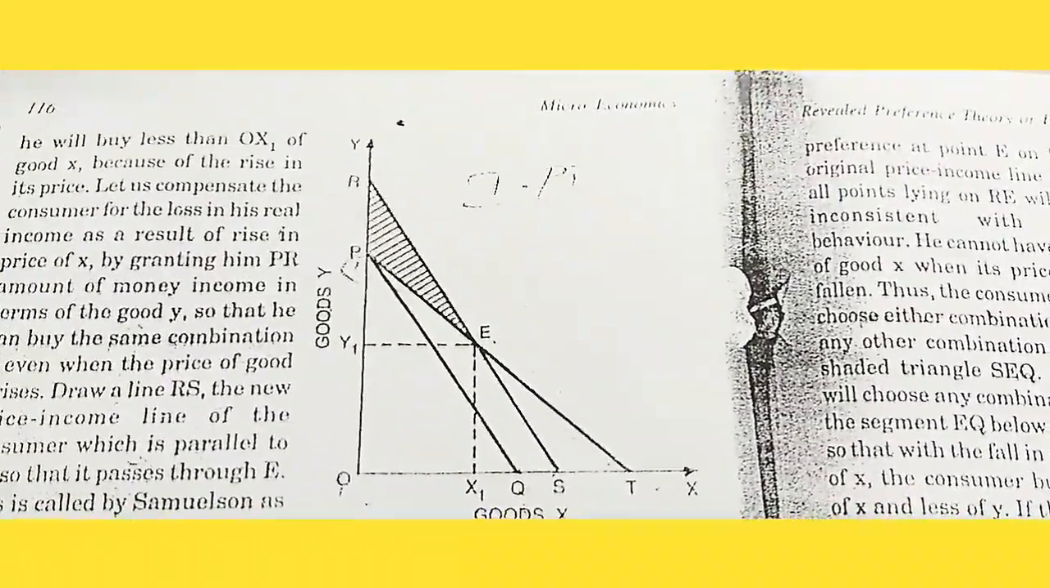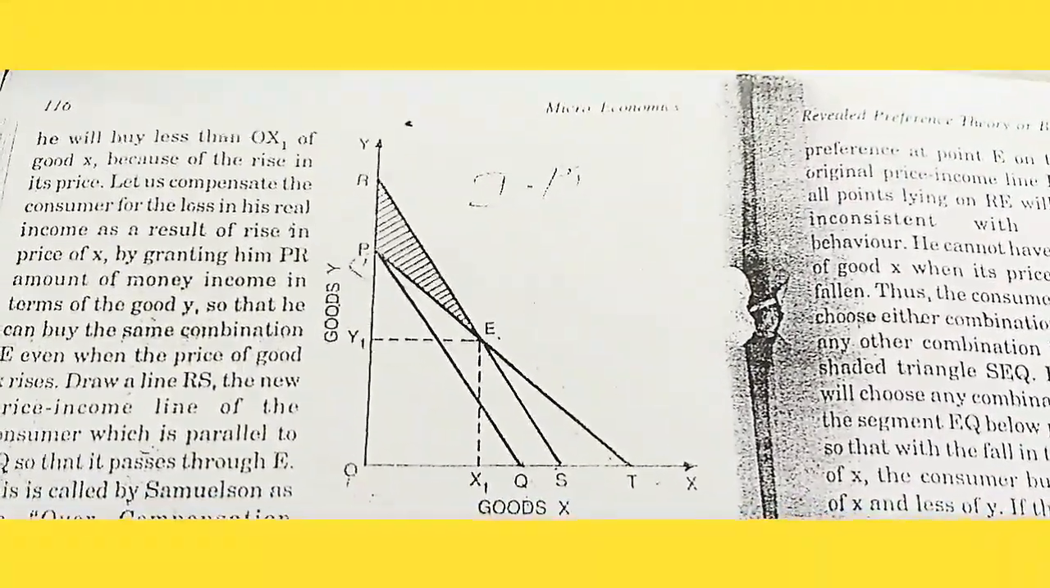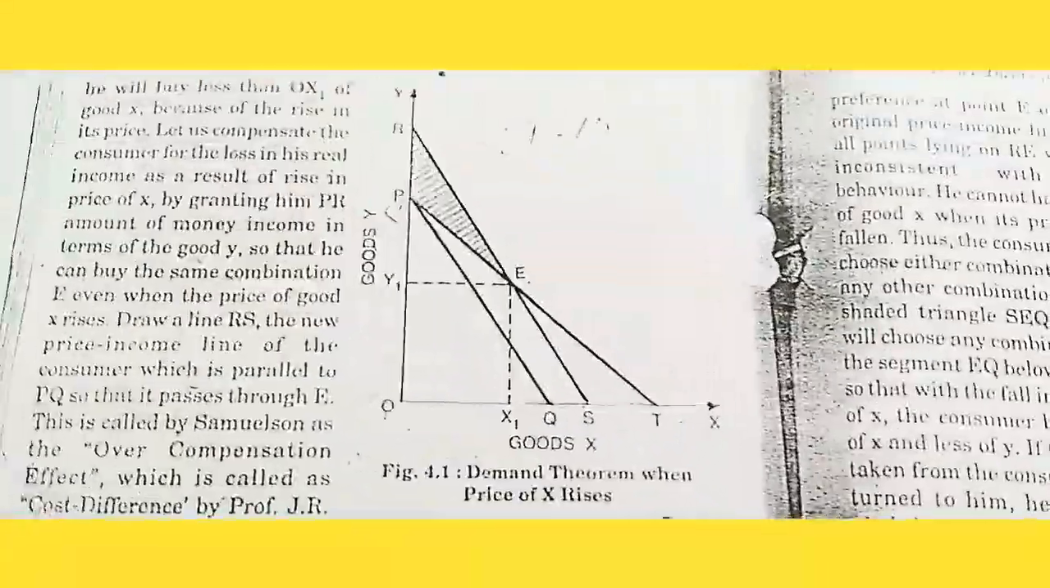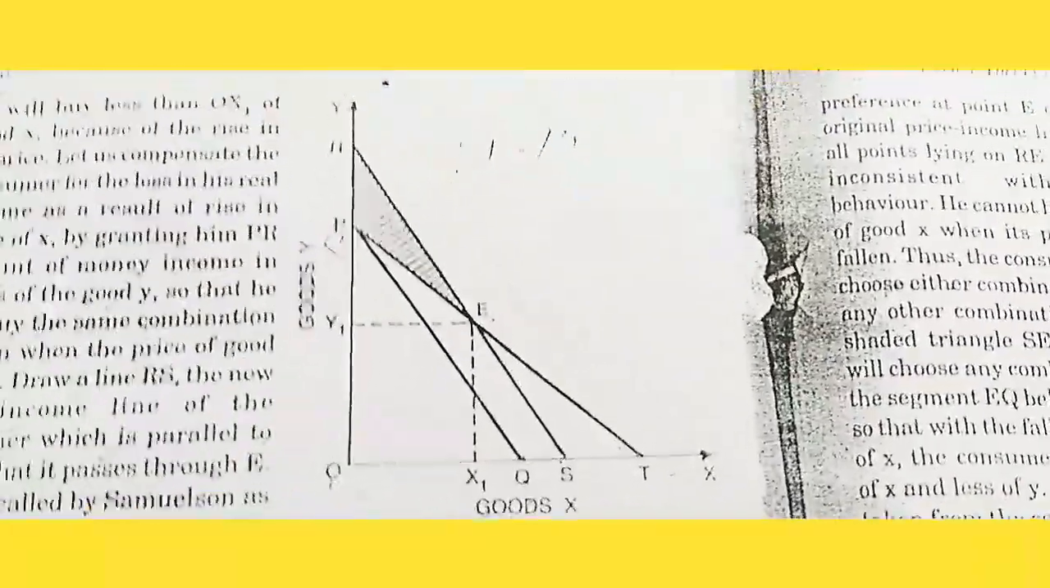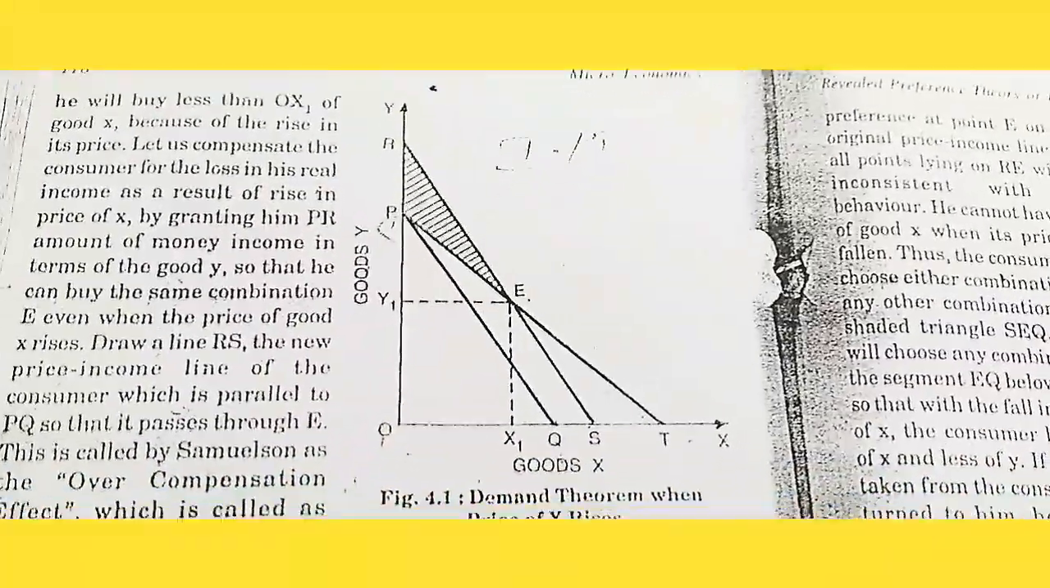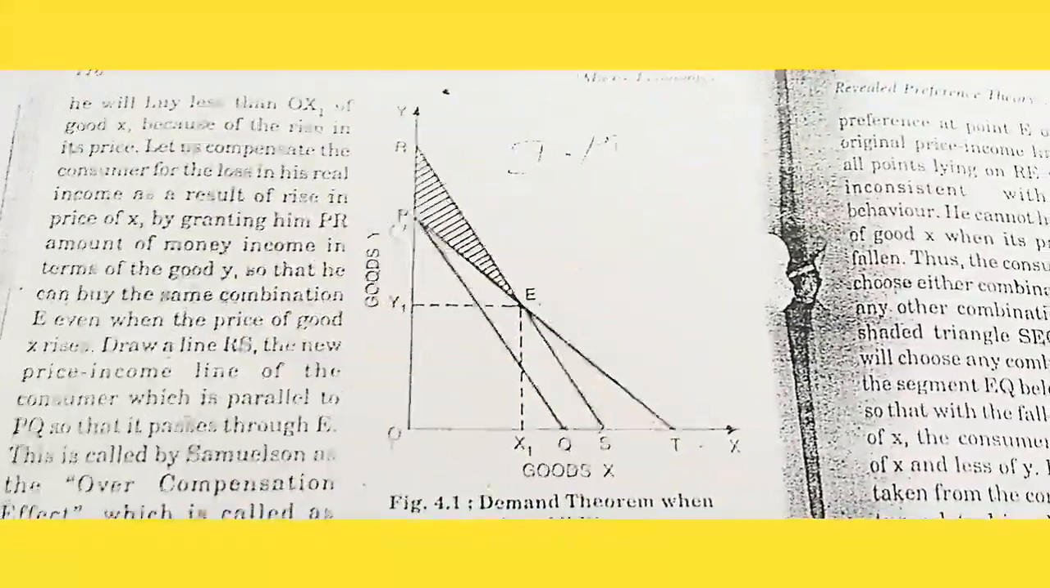PQ. The consumer will buy less quantity of X. That is to say, he will buy less than OX1. He will buy less than OX1 because of the rise in its price. Let us compensate the consumer for the loss in his real income as a result of the rise in price of X